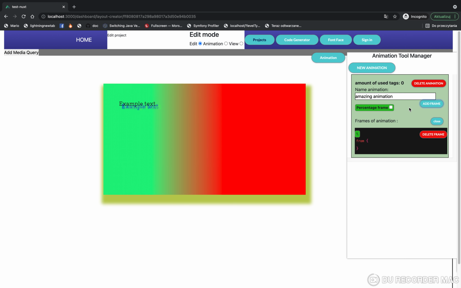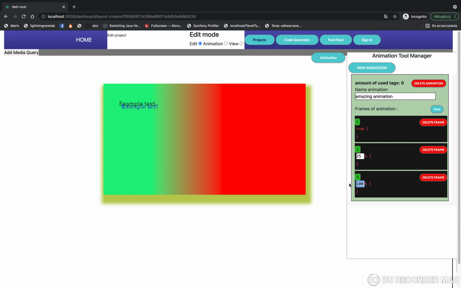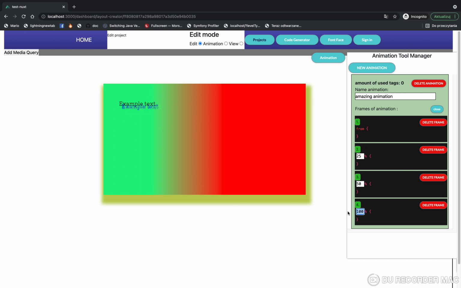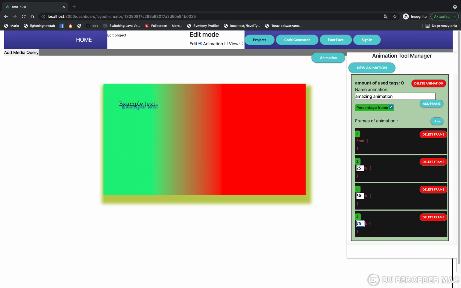Great. Next, let's mark % frame option to add % value, and we change. Now we change % to 25%. Next, I add 50%. Next, I add 75%, and now